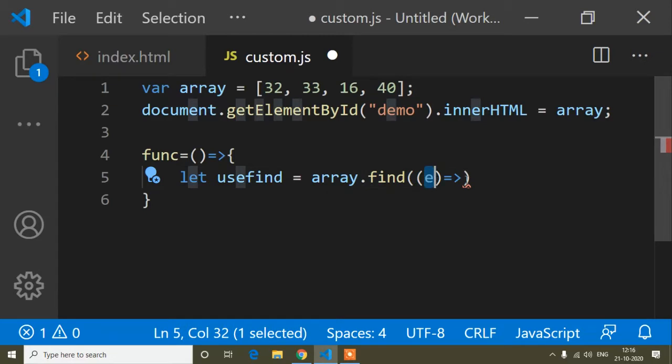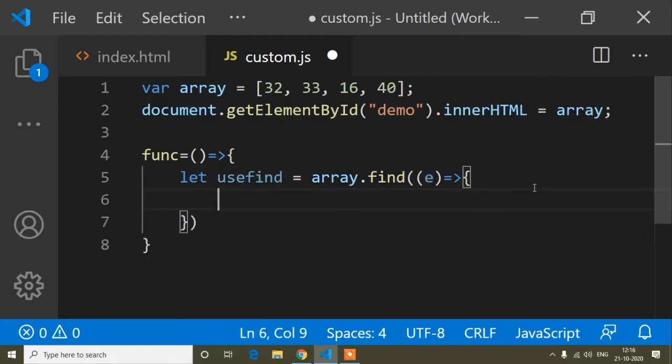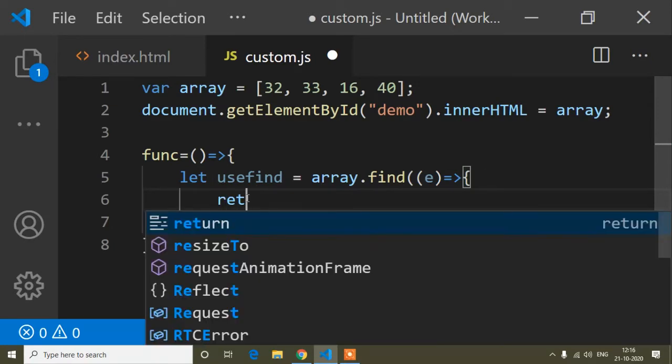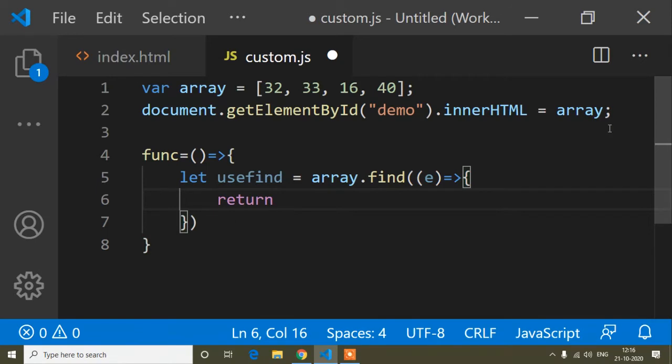So e is the function name, and here you have to write curly braces and enter, and I will write return. Now this e is denoting all the values of the array. Okay, so e we write for denoting the array values.